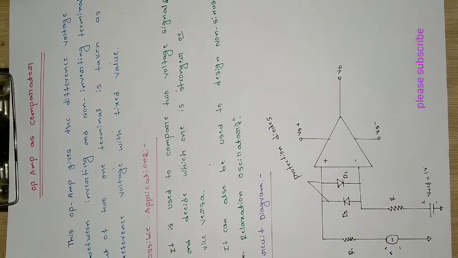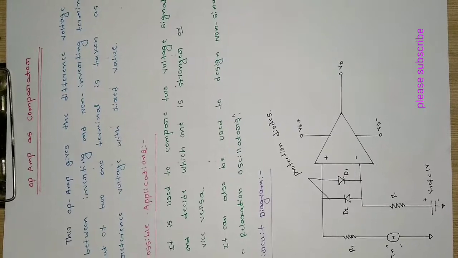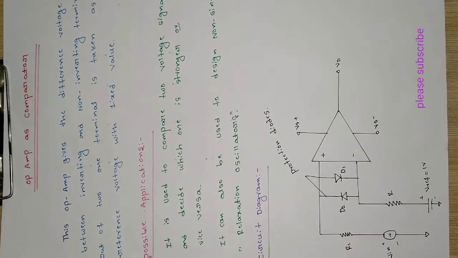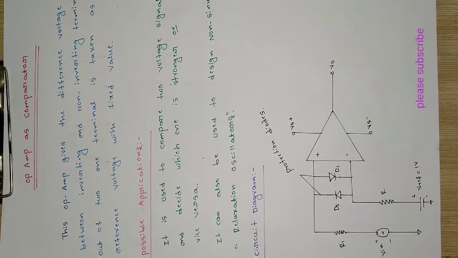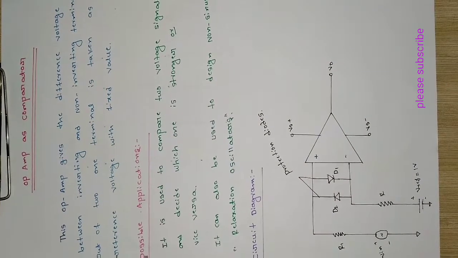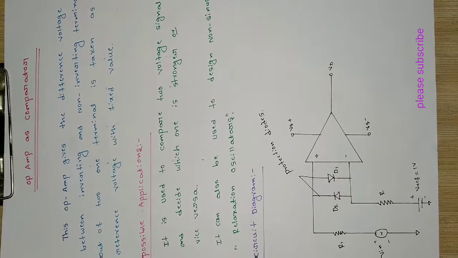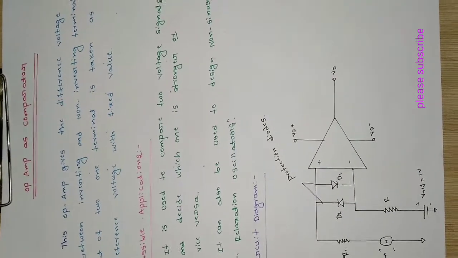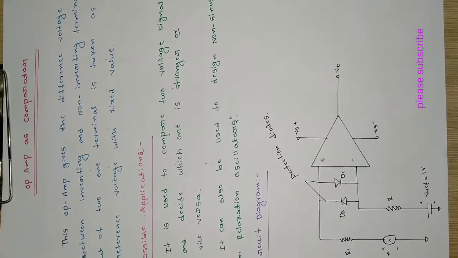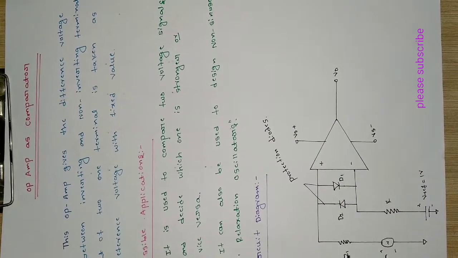So basically a comparator does the work of comparing two inputs, and depending on the set of rules which are assigned to it, it will give the output. So that is the basic thing which comes to our mind when we think of a comparator. So can we create a comparator with the help of an operational amplifier?